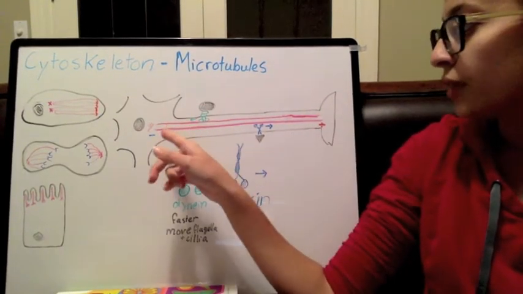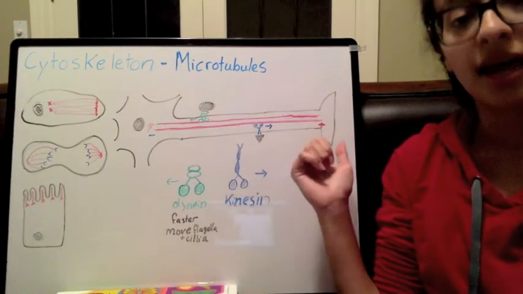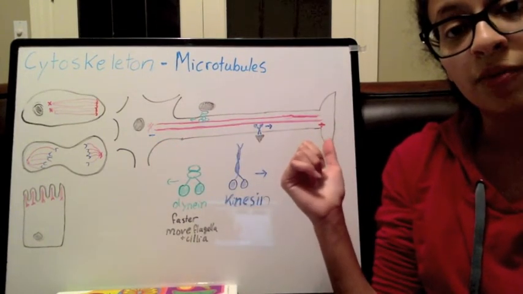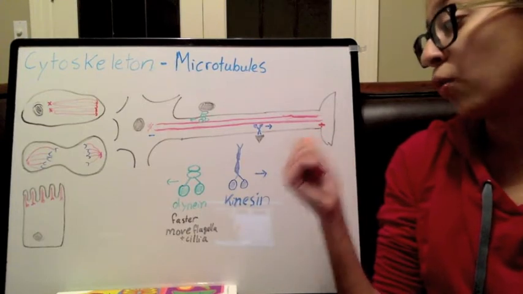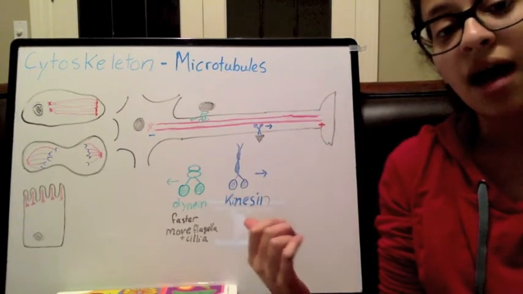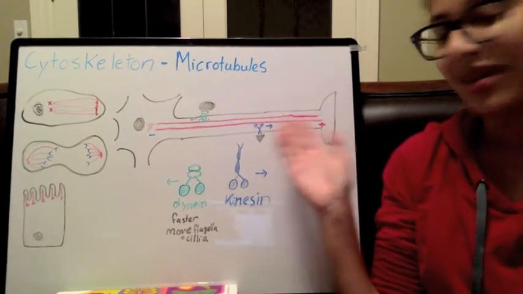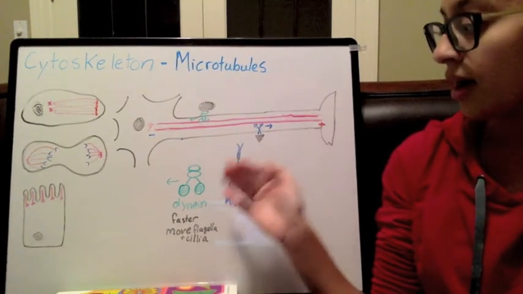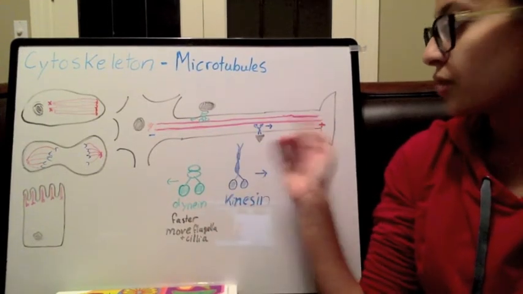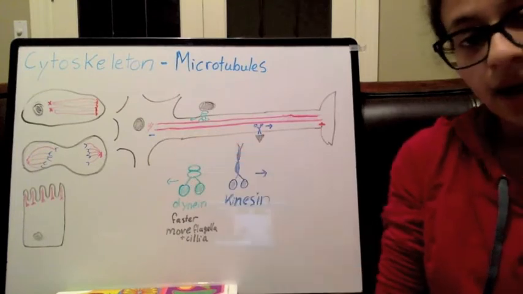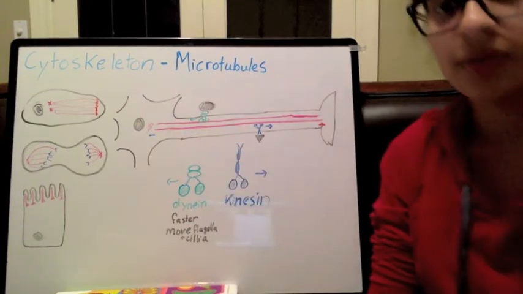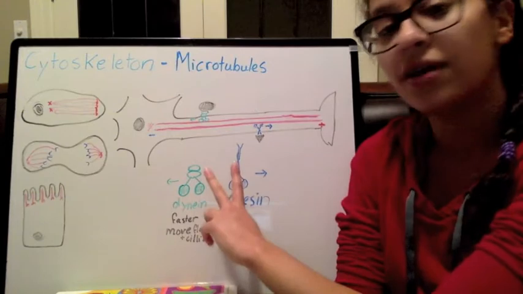So once you're moving towards the plus end, there's a specific motor protein that you need that only moves in that direction, and that is kinesin. And the other one that goes in the opposite direction is dynein. This one goes towards the minus end, but they are both carrying whatever cargo they need to carry. Both have